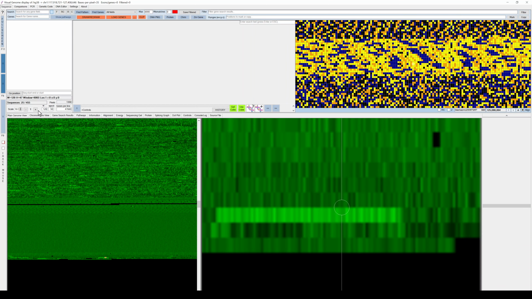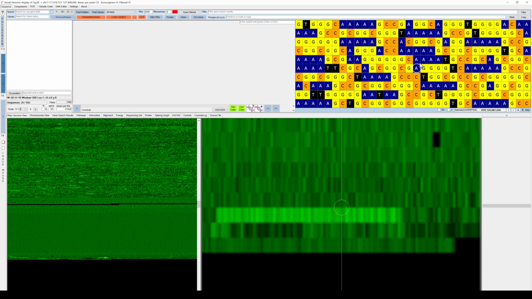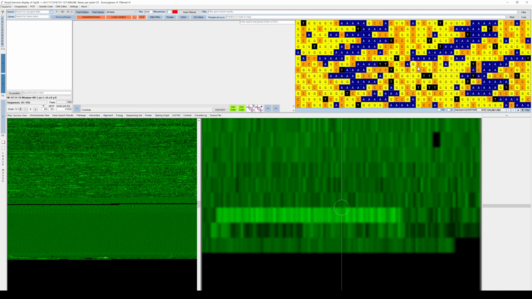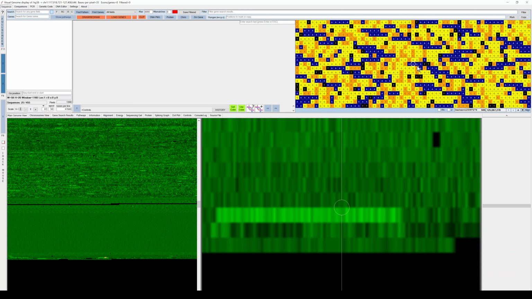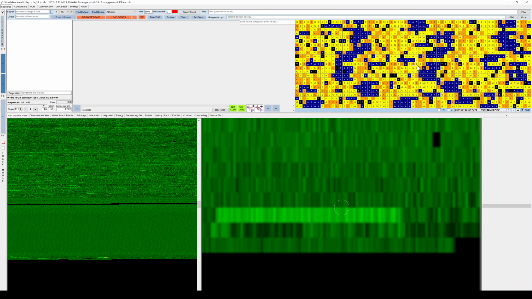What you could do then is further zoom on the panel on the right in the zoom gene view to position it at a specific spot. Let's say where the green band is brightest. And then you could zoom in on the zoomed in DNA view, or you could make this much quicker, much faster, make it 20. And then you could see that there are a lot of GC bases in this area. As I change the width of this view with my mouse, you could also see these repeating patterns in here.